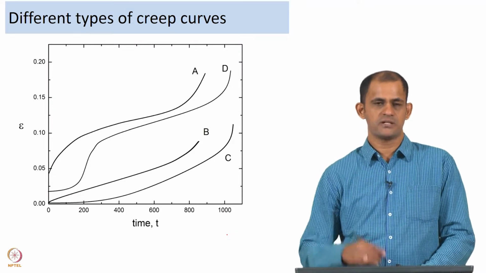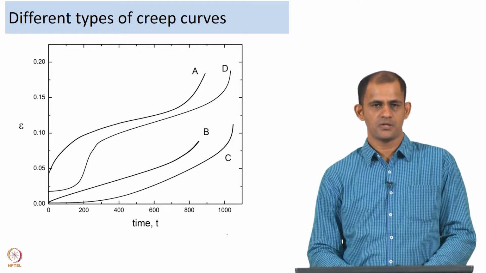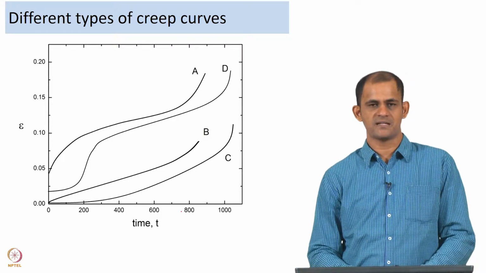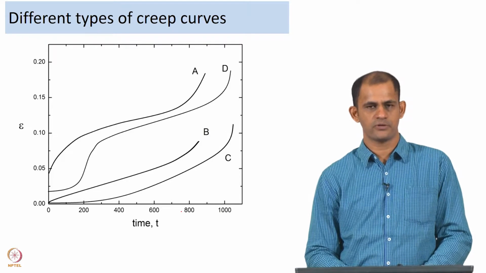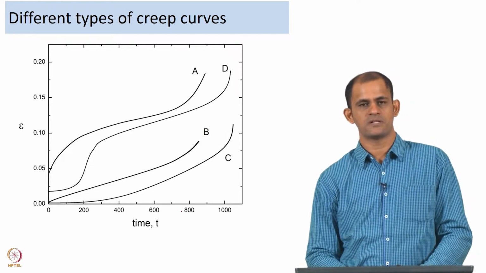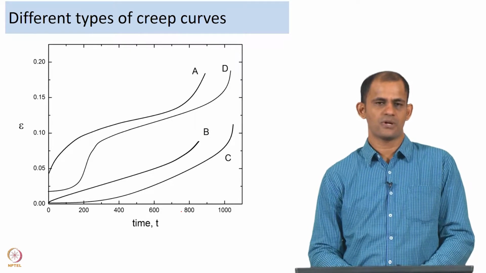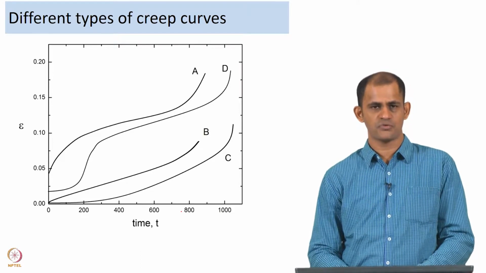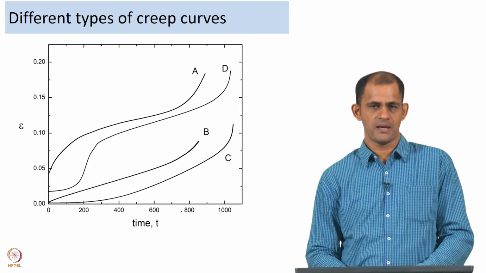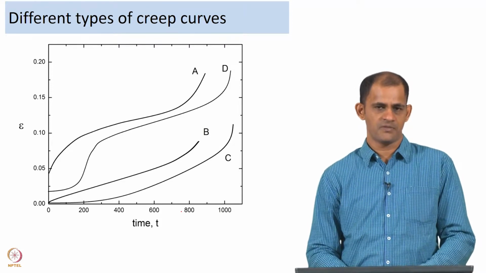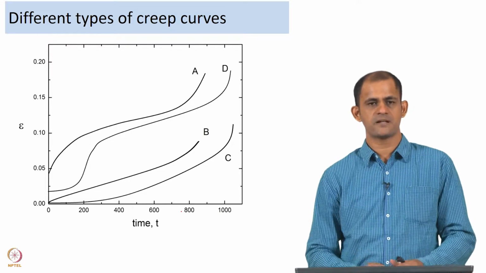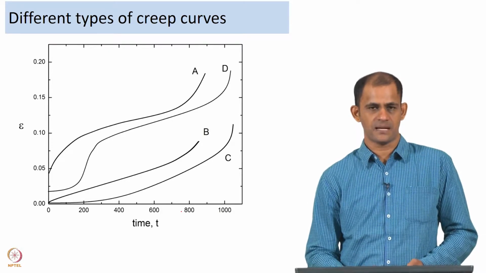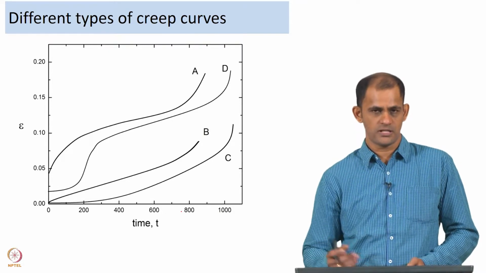Now, one of the things that I mentioned in the beginning of the lectures on creep is that the shape of the creep curve is also dependent on the type of mechanism. Since we are talking of mechanisms, I would also want to point out that the shape of the creep curve depends on the type of mechanism that is in operation. So, you could have different types of creep curves, and in this slide I am showing you 4 types of creep curves: curve A, B, C and D. All of them are very different from each other, and this is representative of the different types of creep curves that you could see. Depending on how the plastic deformation is happening, you could have A or B or C or D.